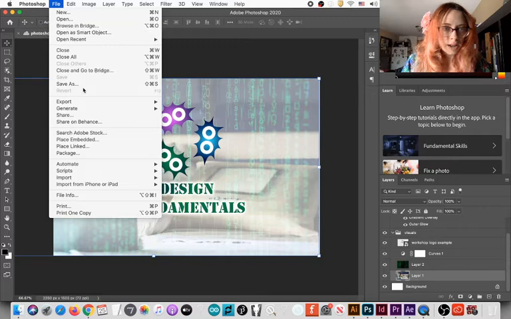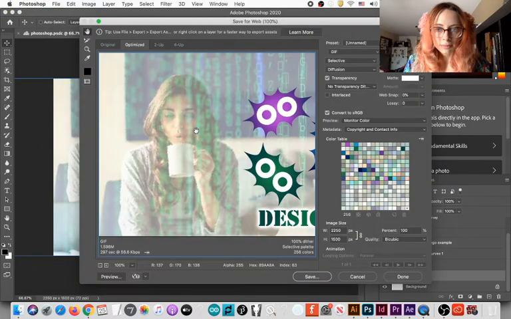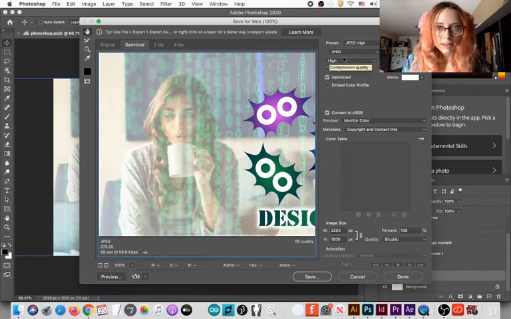The way to save a file is saving, but the way to export a file so it's the smallest possible is Save for Web Legacy. It's an old, outdated, perfectly useful and good interface that produces small images.